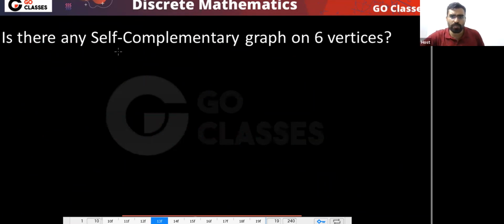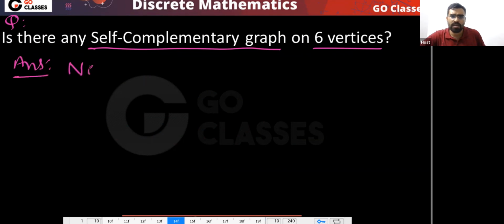Is there any self complementary graph on 6 vertices? What do you think? Is there any self complementary graph on 6 vertices? The answer is no. But why? There is no graph on 6 vertices which is self complementary, because I told you that